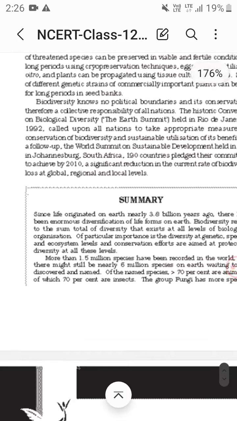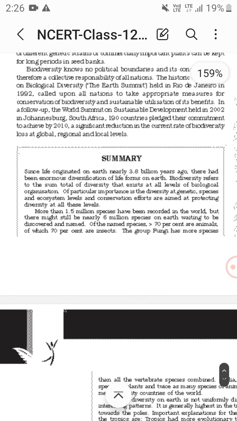Now talking about the summary portion. Since life originated on Earth nearly 3.8 billion years ago, there has been enormous diversification of life forms on Earth. Biodiversity refers to the sum total of diversity that exists at all levels of biological organization. Particular importance is the diversity at genetic, species and ecosystem levels, and conservation efforts are aimed at protecting diversity at